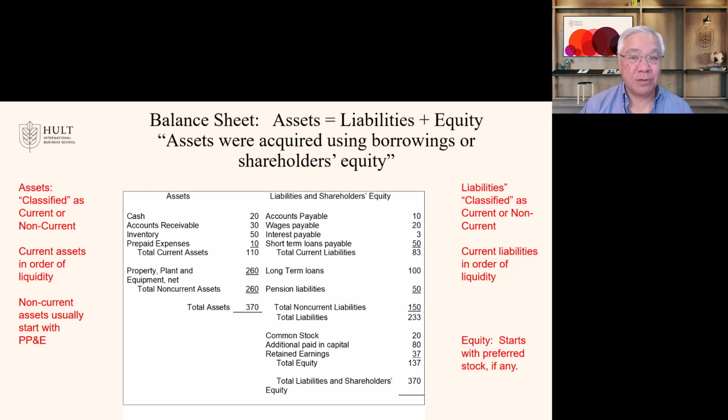Same thing with long-term. Obligations you pay beyond 1 year. In the equity section, every company must have at least one class of stock called common. It may have others, but all have common. And then we have additional paid-in capital. We'll learn that a little later. And retained earnings, which is the accumulated profit that the company has made minus the dividends they paid out to their owners. So this is the amount of money we kept inside the company to grow the company in the